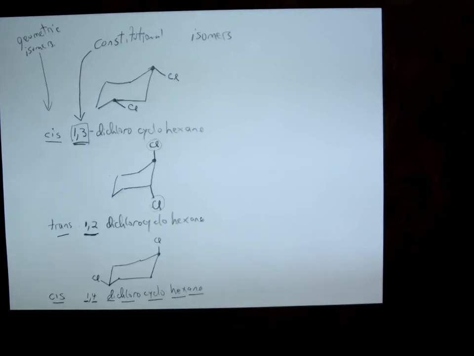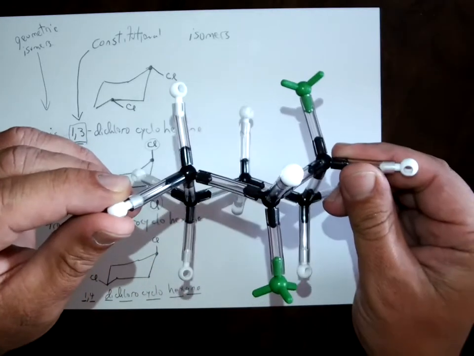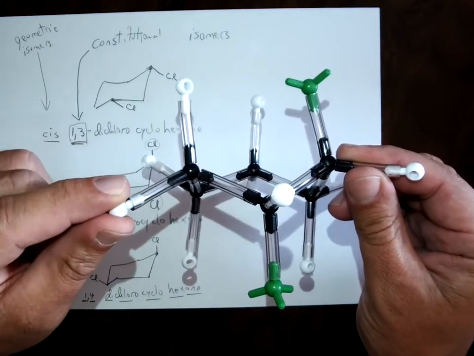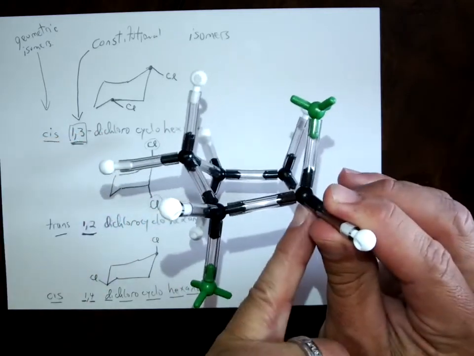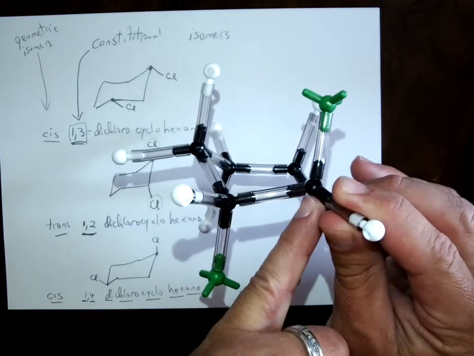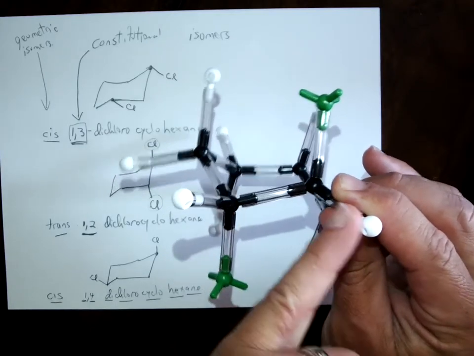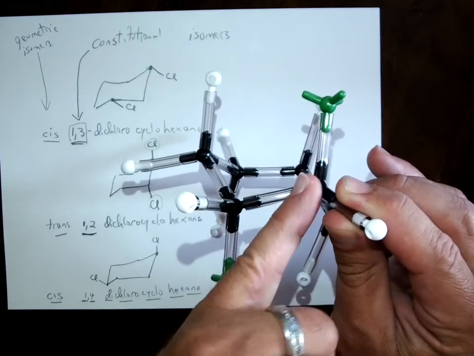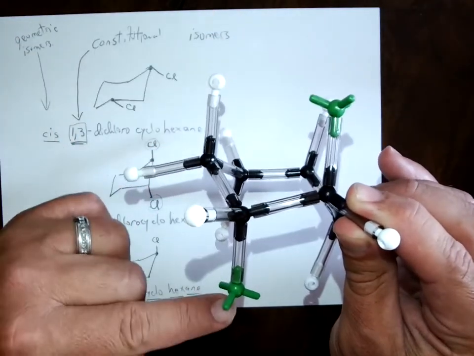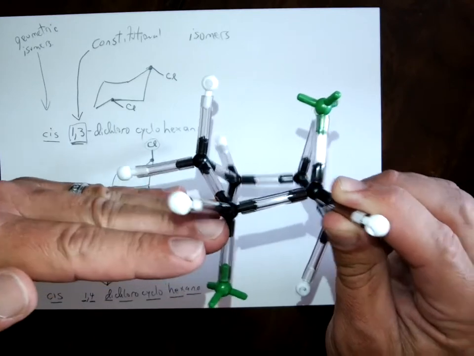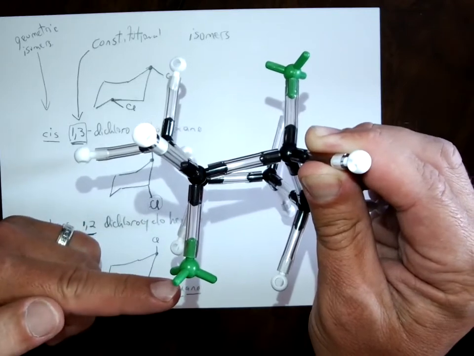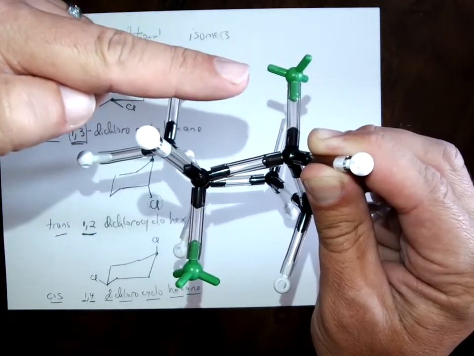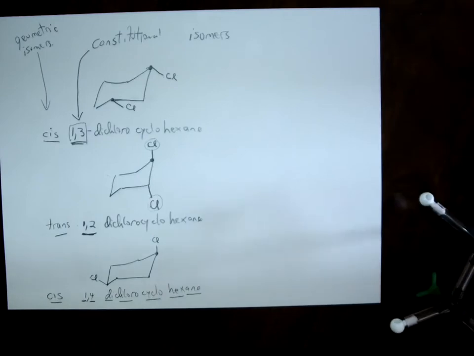And this is really, again, useful to see the models, because if you have a model like this, you could see pretty clearly that this model is the trans 1,2. You have chlorines on adjacent carbons, so if this is number 1, that's number 2. This guy is pointed above the ring, so up here, this one's below the ring. So if you look at the plane of the ring, tilt it a little so you can see the plane of the ring more clearly. This is below the ring, this one's above the ring. So there you go, trans